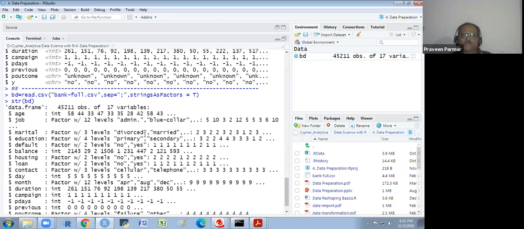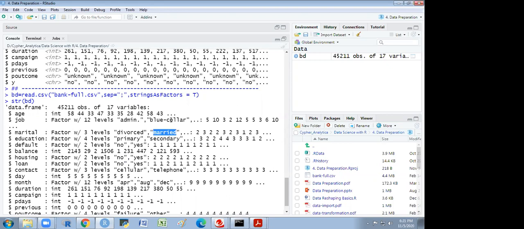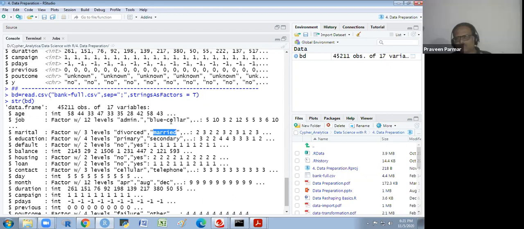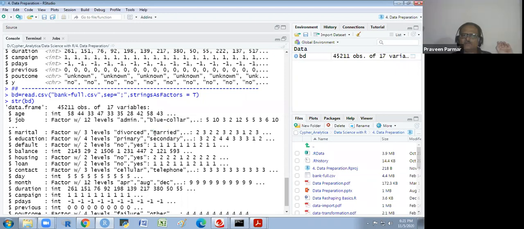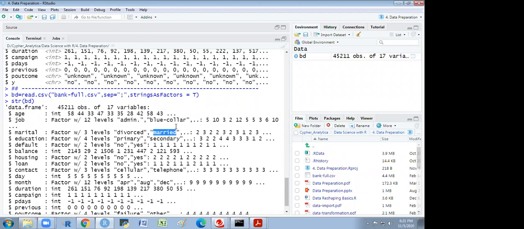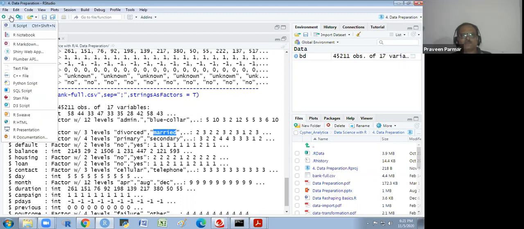Suppose you remove one, married, so some observations having married are removed. How many levels should be there now? Two, true, two levels now out of 3. Right, but the level will not change. Levels will always be 3, even if you omit one level out of that whole. What will they consider if we remove married from here? I will show you with one example so you can understand better.